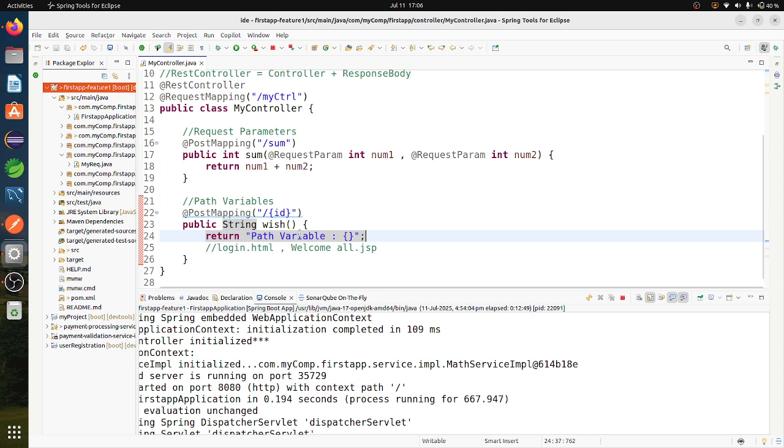So I cannot take that value from the user. So in this way we can mention the path. If I want to mention multiple path variables also, I can mention.